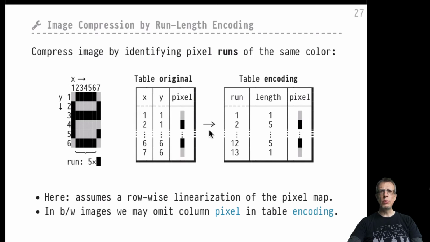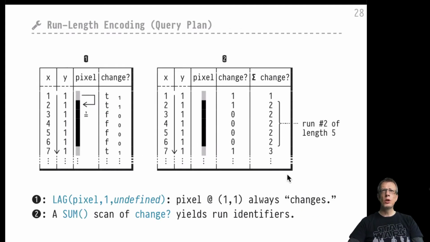Our focus is to implement this arrow, to go from the original regular encoding to the run length encoding here on the right. So how will we do that? Well, of course, we will again use window functions and the lag functionality in this case. We would first use as input our original table, which is the first 3 columns here, and we would then augment that with 1 more column in which we just write a protocol